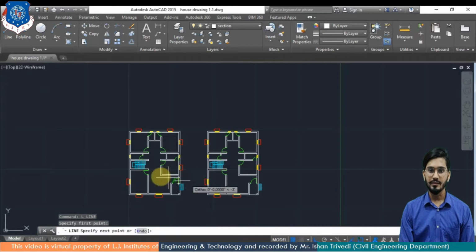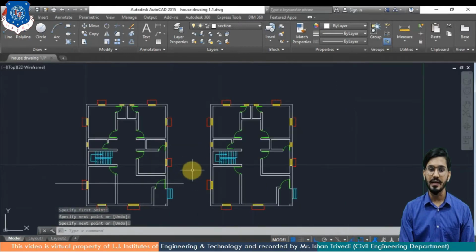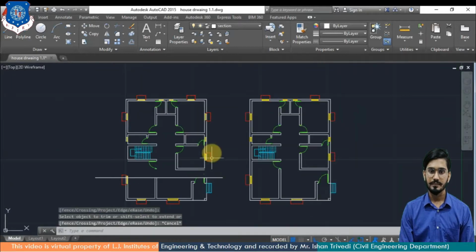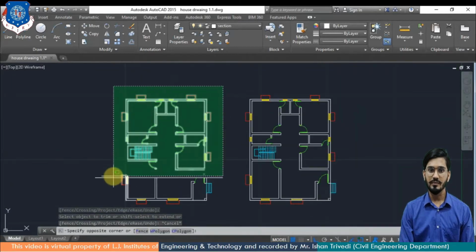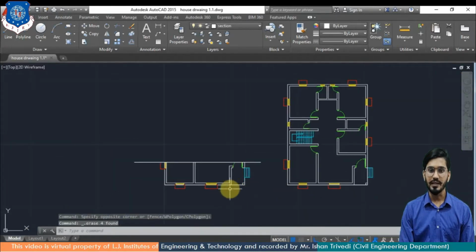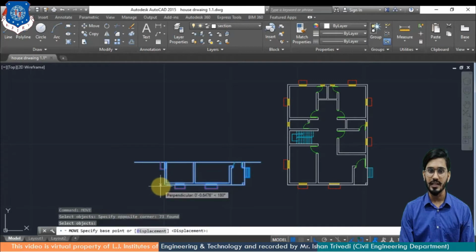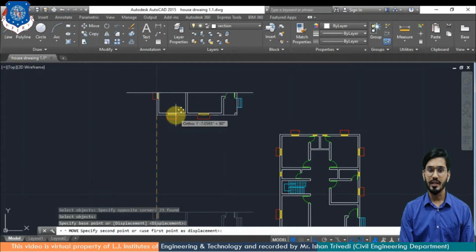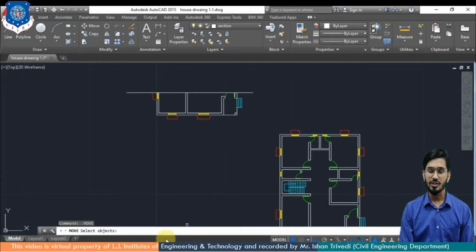Now I will provide a line for the front elevation part, and the rest of the part I will trim. You can just use the TR command, press enter twice, select the part, and erase it. So here I am selecting and erasing it. Now I will take this part to the upper side of the elevation, and just for your reference I will move it by applying the move command. I am selecting it, putting a reference line, and keeping it at the upper part of your drawing. So from here you can have the vision of the elevation.